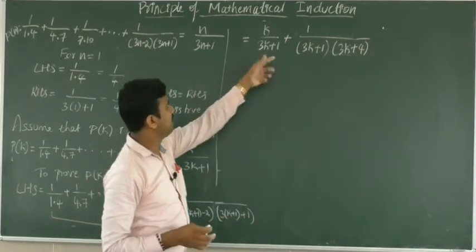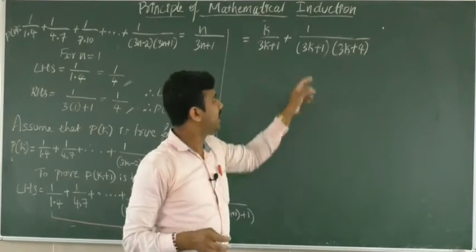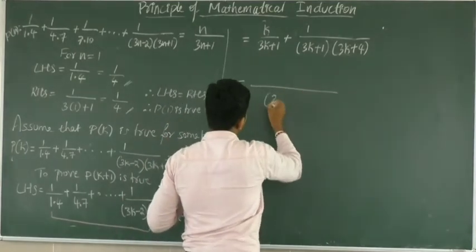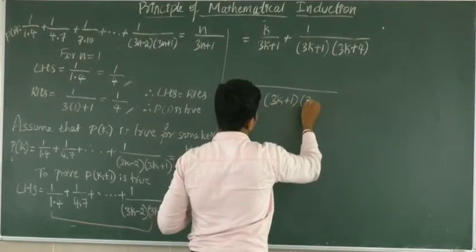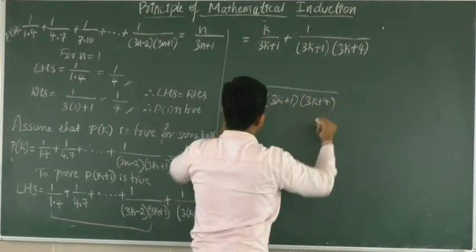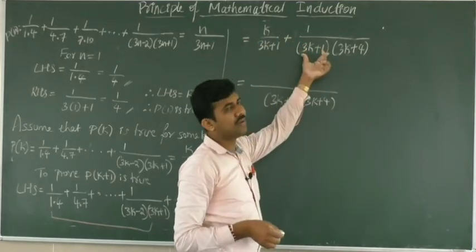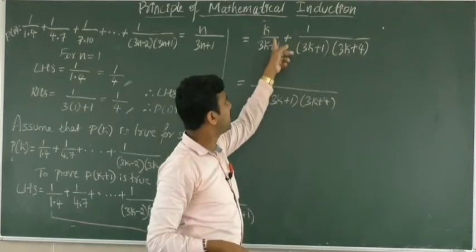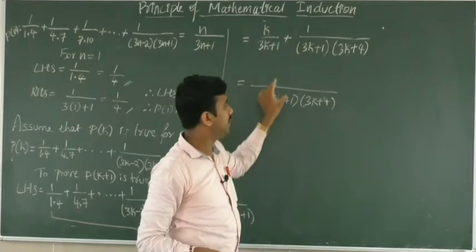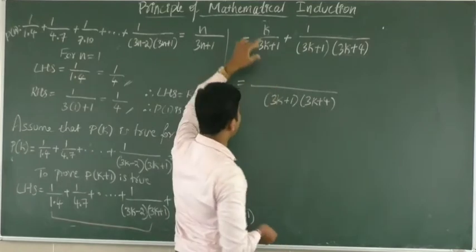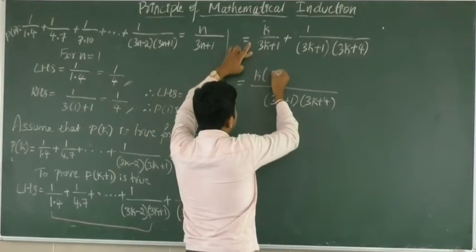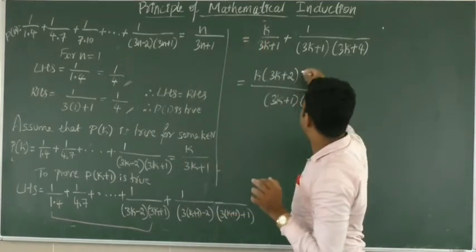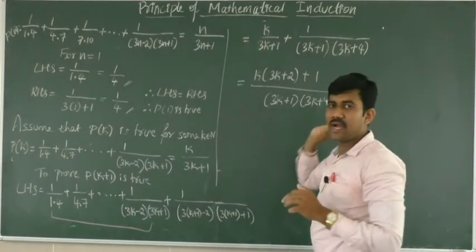Now simplify here. Similar to your previous problem, again make a common denominator. So what is the denominator? 3k plus 1 into 3k plus 4. Because here you have 3k plus 1, here you have 3k plus 1, but here 3k plus 4 is an extra term, so you have to multiply and divide by 3k plus 4 here and make a common denominator. So I need to multiply the numerator of the first term with 3k plus 4, plus 1 as it is, because we already have the same denominator.